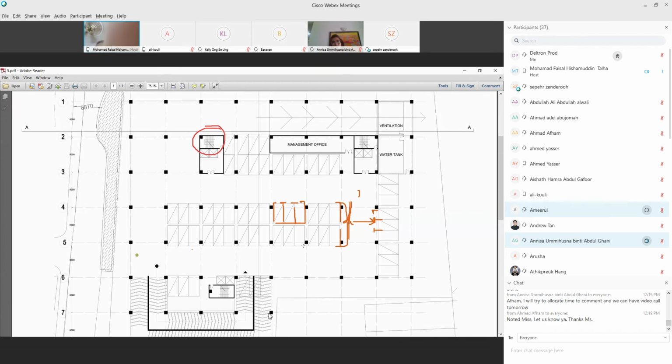So you should divide 3 meters by 170, so you should have 18. 3 meters divided by 150.